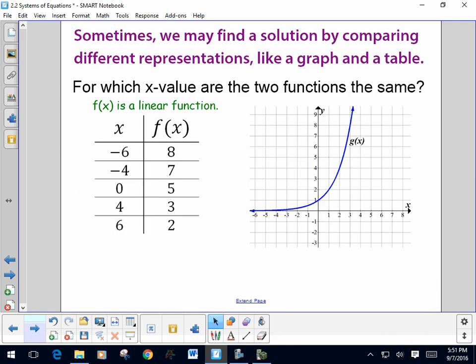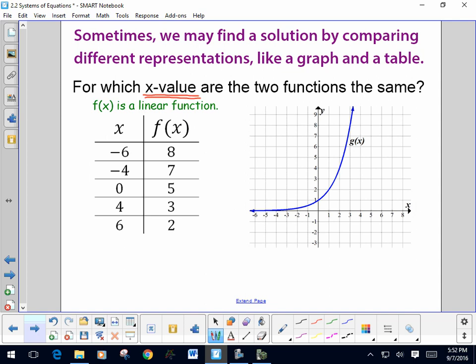Okay, one last concept. Sometimes instead of having 2 equations, we have a system that is given to us with different representations. So in this case, this example on the board has a linear function, f of x, shown in a table, and we have a function g of x, which we are given the graph of. It happens to be an exponential equation. So number 1, look at what it's asking you. For which x value, so we're looking for an x value,